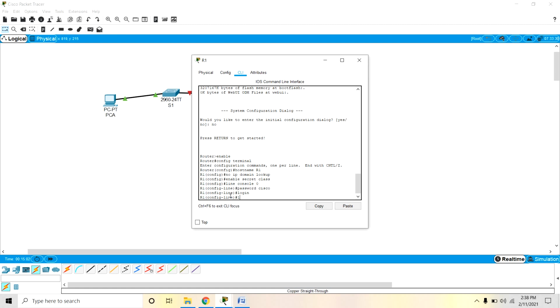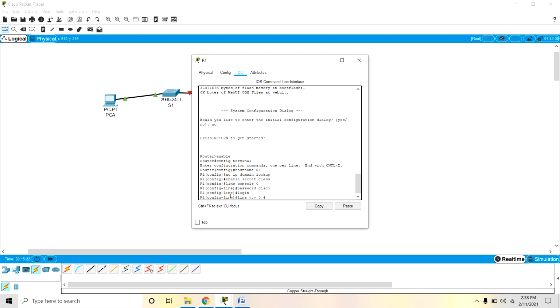Now assign Cisco as the VTY virtual teletype port password and enable login. We will give line vty. We know VTY indicates the virtual teletype port. Give the port numbers 0 to 4.